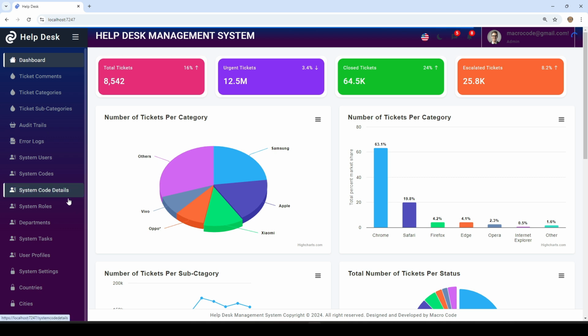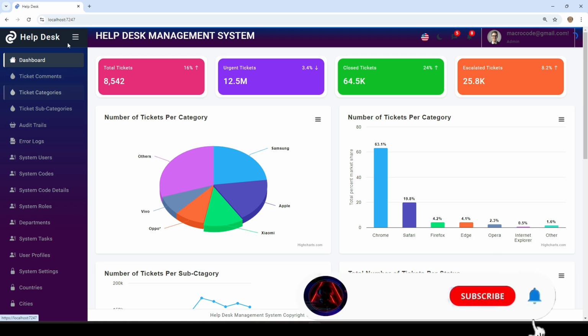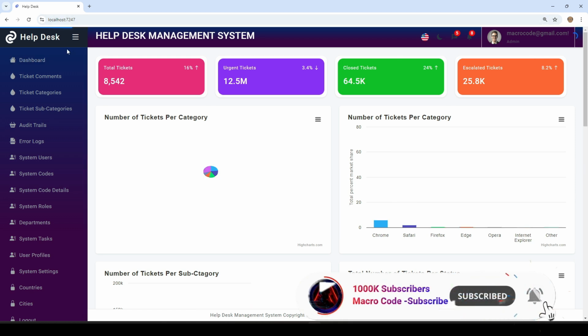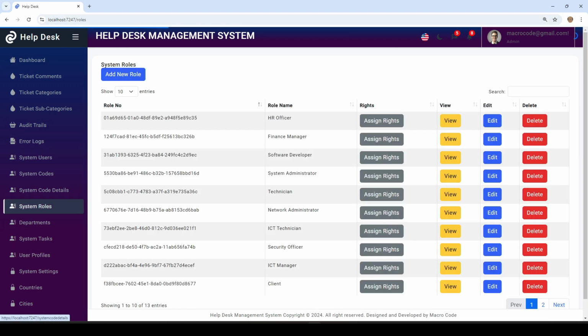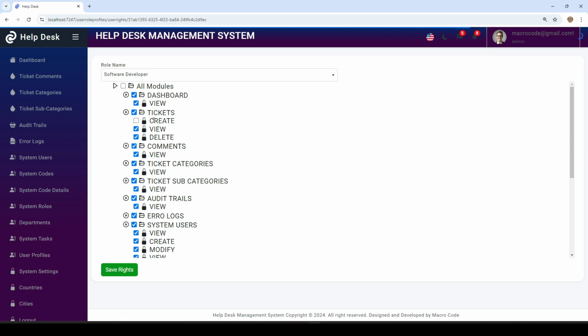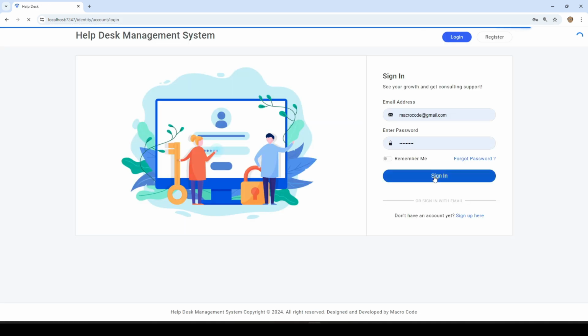Then here, I'm going to system. Where is it? So we are going to the tickets. I think we had removed our rights. So let's go to system roles. As you can see, we don't have the tickets. So we'll go to system roles, software developer. Then for the tickets, I think we need to log out. Let's just log out. Then if I sign in,